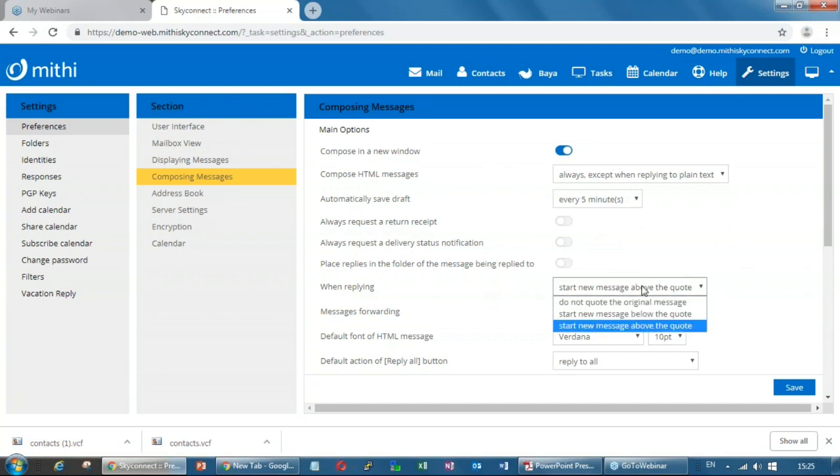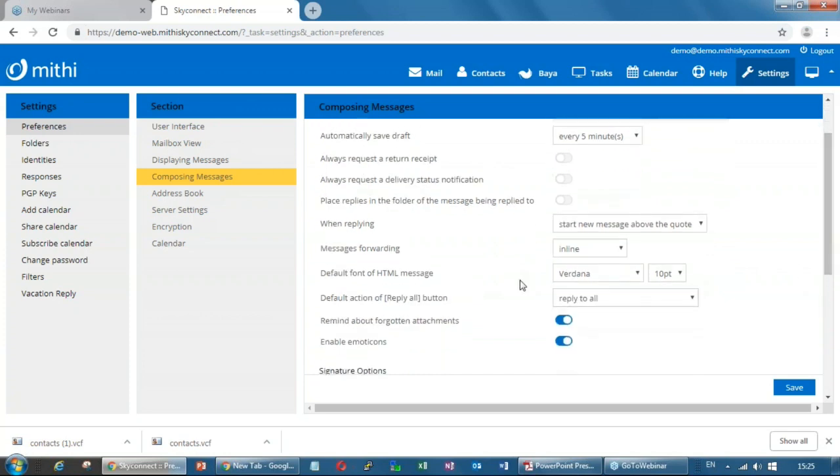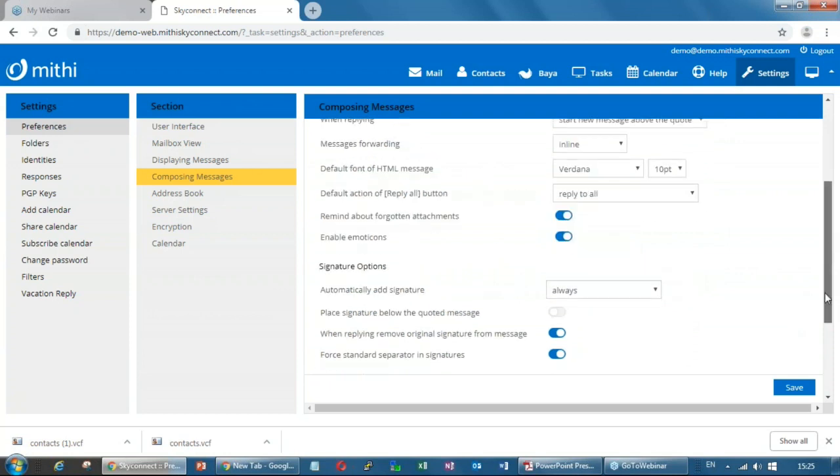When replying, you can select do not quote the original message, or start new message below the quote. These things can be done from preferences, from the settings page mainly. Then you can have your own signature.